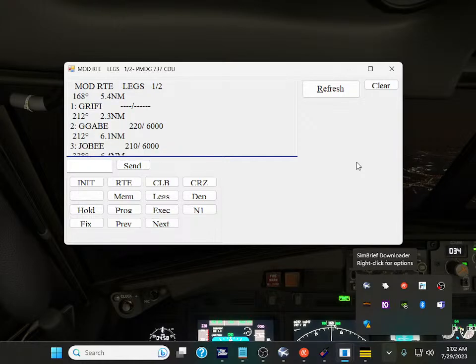CDU number 1 execute key available. CDU number 2 execute key available. Execute key off. Act RT 168 degrees. Rugby 220 slash 6000. GTAB 220 slash 6,000. LB 210 slash 6,000. I had to fix my waypoints because